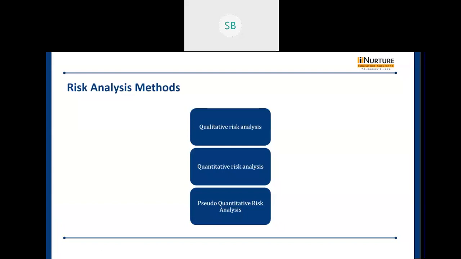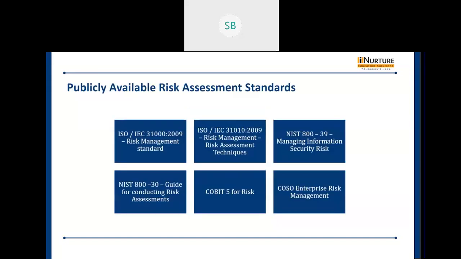The first question is, what is wrong with the asset or the entity in question, or what is the trigger for the risk event? So you have to think about what is wrong with the asset or the entity in question. Next is, what is the impact of the occurrence of the risk event on the asset? We have to find the impact of it. And the last one is the probability of occurrence. So what is the probability of the occurrence of the risk event? You have to think in that manner. This was all about the quantitative risk analysis.